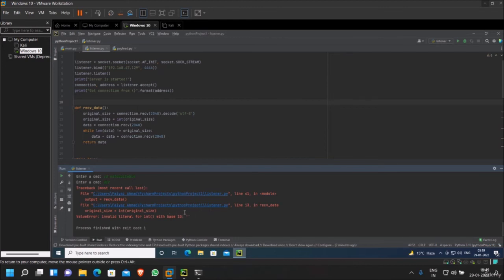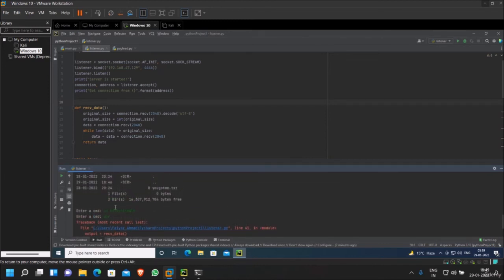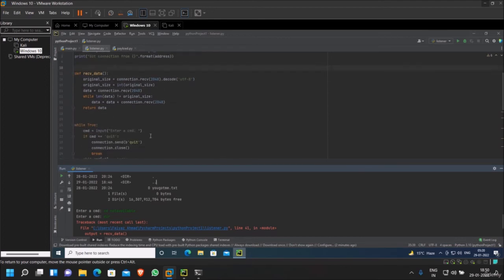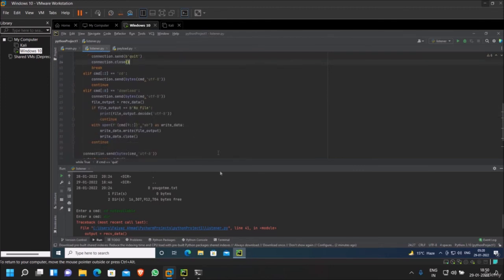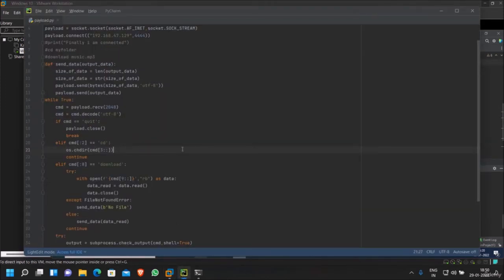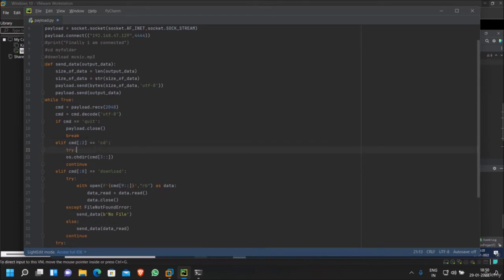This is because we are not handling the case where there is no directory in this particular location. Then we should just return nothing or an error like, hey, there is no such file. So we are going to do something like this. It's actually quite easy to fix this issue. All we have to do is go to this payload, and let's say if we were successfully able to execute this code, let me put this into a try block,